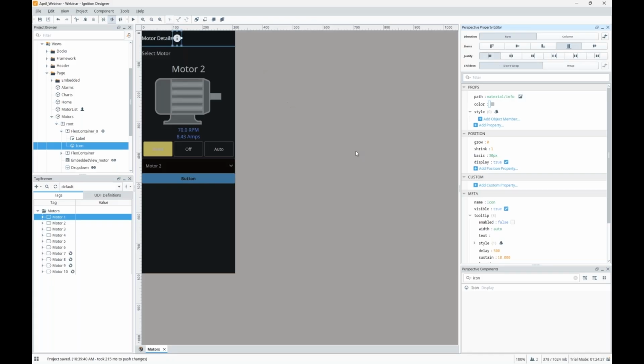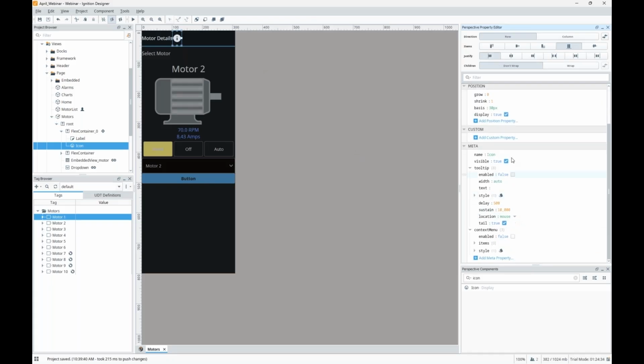That looks good. Let's go ahead and come down here to the meta properties section. You may not have browsed around this as much. It's maybe not as much of a used section of a component, but it has some really cool things down here. Let's go ahead and enable the tooltip section. And in this tooltip, I want the text to say, right click for more info. That way, when the user hovers over it, they know that they can right click that icon. When they right click that icon, I want it to bring up this context menu.